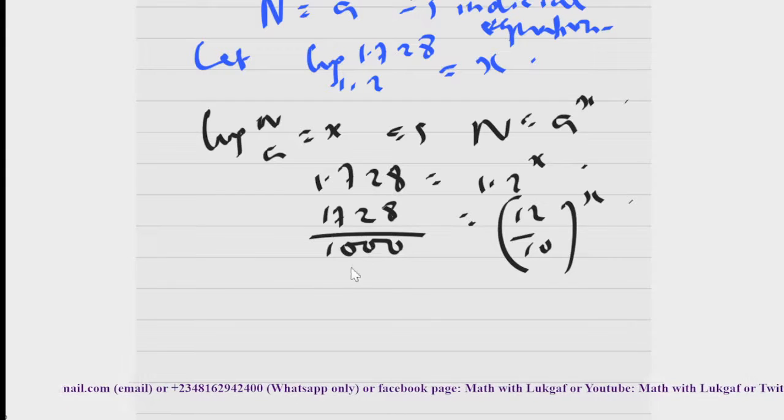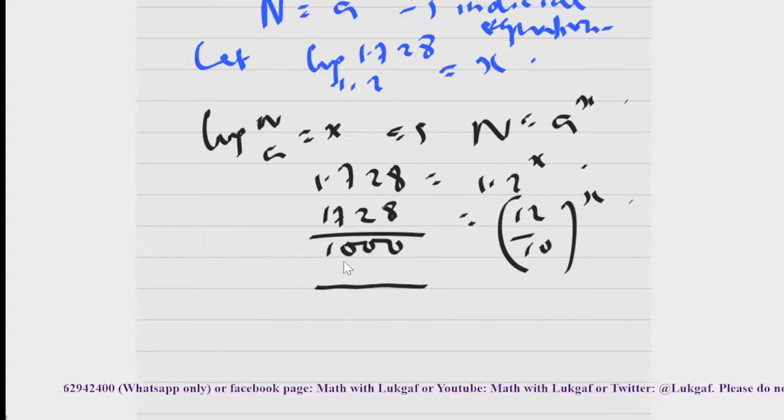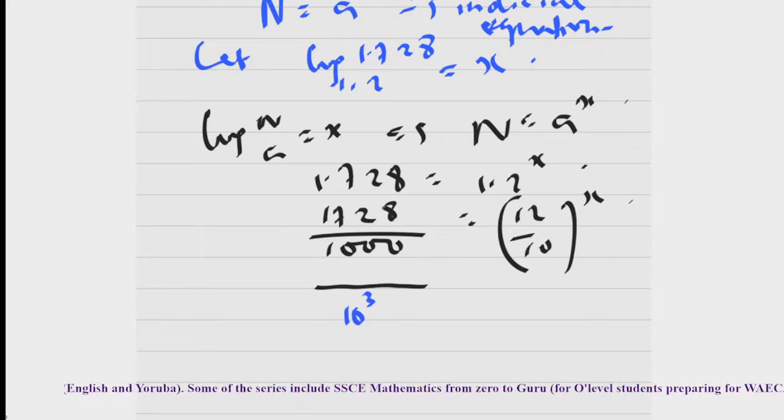So you will see that although this one is standard, we know that my 1000 is 10 raised to power 3. You can rewrite that. Then if I were you, I would now think, okay, now what of 1728? Is it 11 raised to power 3? Because somebody that actually gave the question knows that you will have a solution. You understand that? Then you think, okay, will 11 raised to power 3 give me 1728? No. It cannot give you. But 12 can give you.